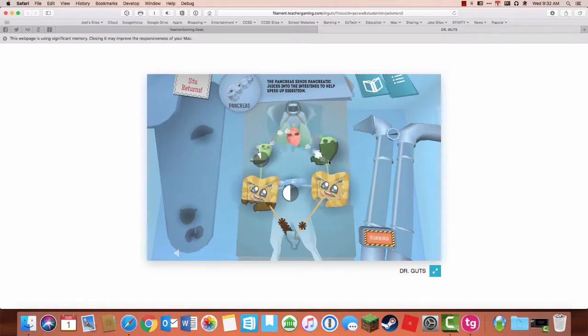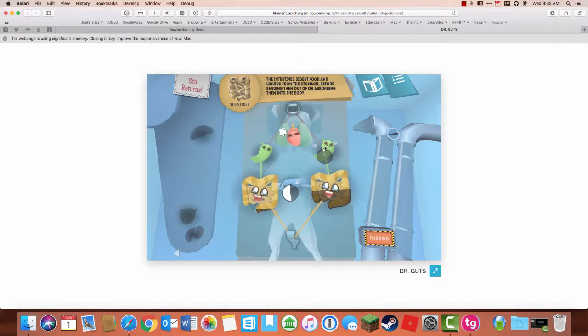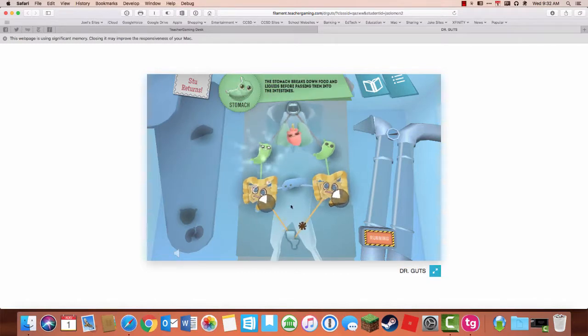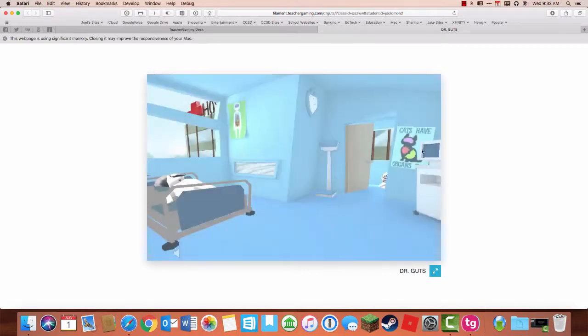So students are learning about body systems in a really fun way. And so you can see my pancreas needs to work a little harder. And I'm keeping an eye on their eyes and seeing who's getting more full. So if I send some enzymes to the stomach, when the intestines don't look happy, it helps them process, and our experiment succeeded. So we'll just keep going through these sections and levels, and each time you learn how to